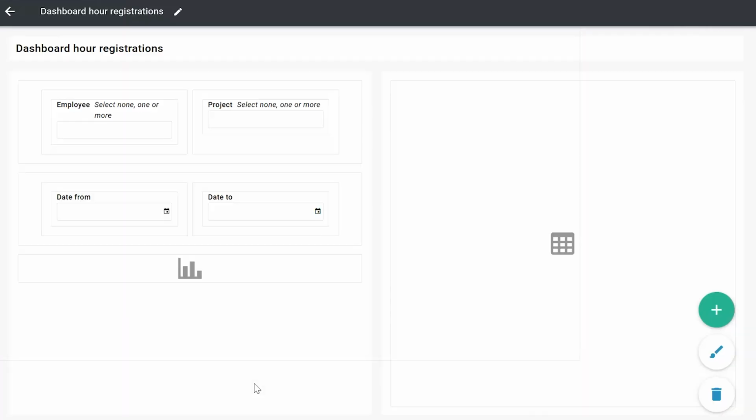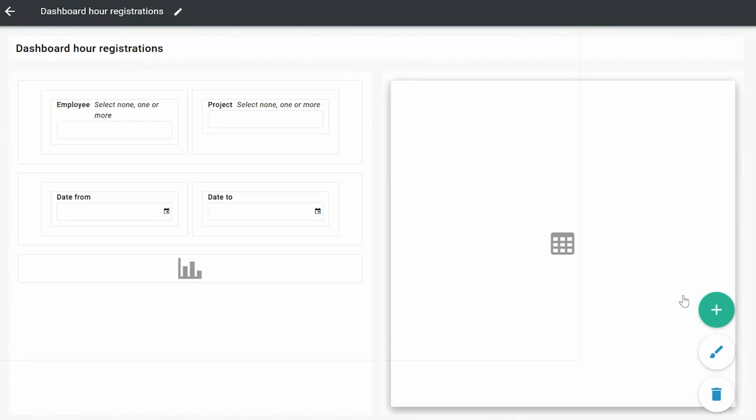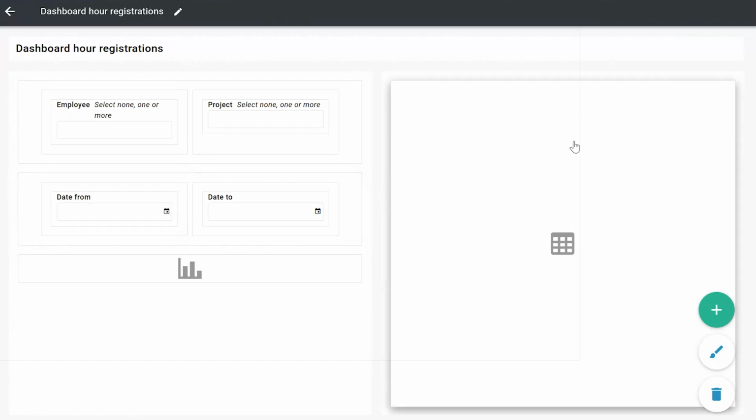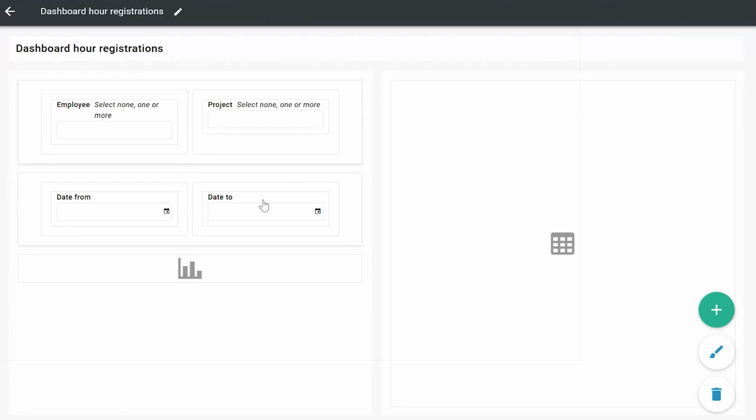Well, there's something that you need to keep in mind. We have the filters on the left side here, and that's on purpose. Because in Triggre, in this case, we've divided this page into 2 sections, and this section can only use information which has been configured on this side. So if I would set up the filters on the right side, the table on the left side can never use that information. The reason why we do that is because